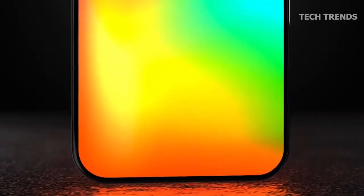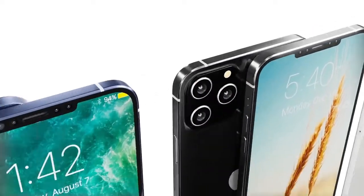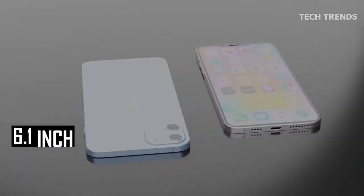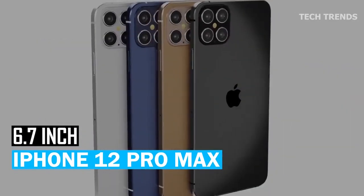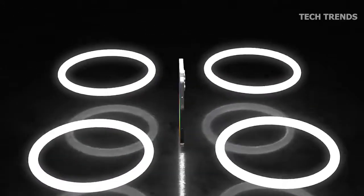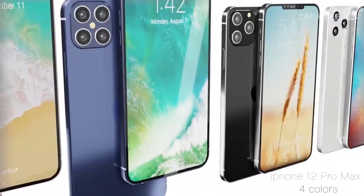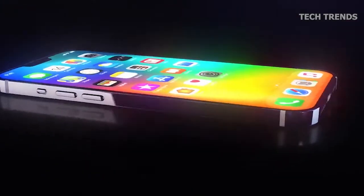It's important to remember that 4 models of the iPhone 12 are expected to be launched. They are iPhone 12, iPhone 12 Max, iPhone 12 Pro, and iPhone 12 Pro Max. From what we hear so far, Apple is going for a complete design change of the iPhone 12 for all 4 new models. The most highlighted features of the design of the iPhone 12 are thin bezels, contributing to a